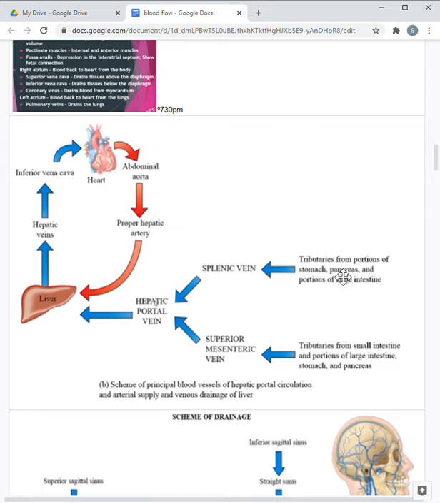So if it's coming through the stomach, pancreas, and portions of the large intestine, it's going to go through either the splenic vein, or it's going to come out and drain into the superior mesenteric vein. They're going to join together at the hepatic portal vein,